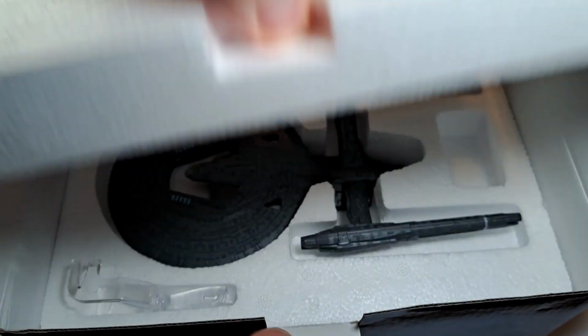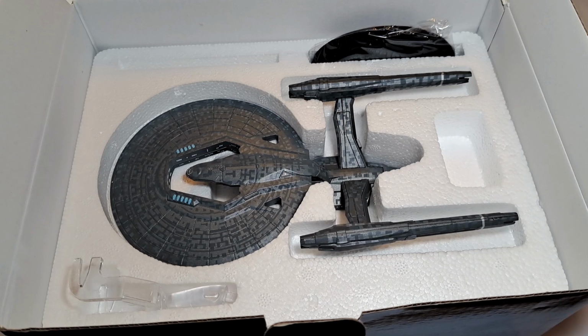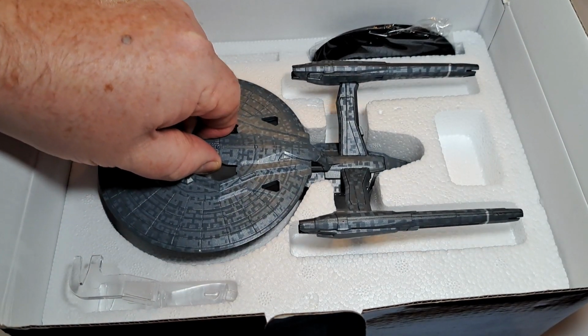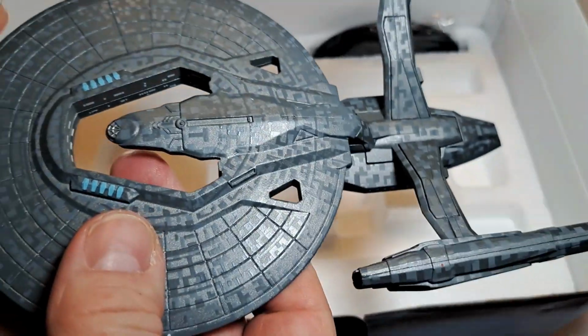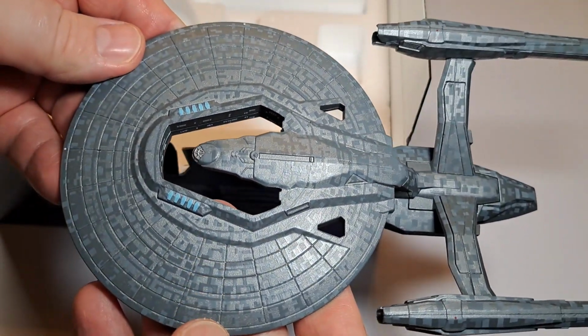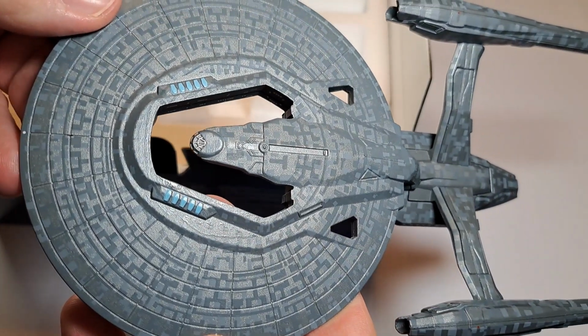Old school styrofoam, as ever. I actually sold a loose one of these and discovered in the process that its nacelles are a little bit wobbly, but they can be replaced quite easily. So it's not actually the first time I've seen it. But as you can see, it's very detailed. There's some really nice detailing on